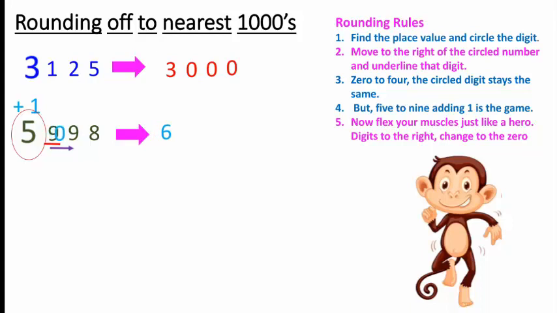So 9 will become 0. Again the next 9 will become 0, and this 8 will also become 0. So what rounding off have we obtained for 5998? We have obtained 6000. Clear? Come to the next number again, that is